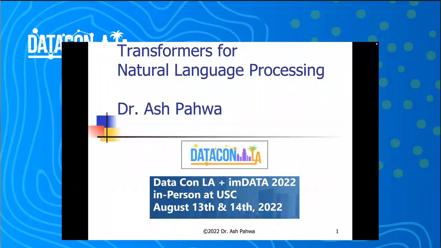Okay, so what I'm going to talk about is transformers for natural language processing. First of all, raise your hand if you have heard the word transformers. A lot of people, at least half of the people, know what a transformer is. A transformer is a new architecture that was proposed by Google in 2017. So what is the advantage of a transformer? What is something new that transformers did, which we were not able to do before? That is the focus of my talk today.